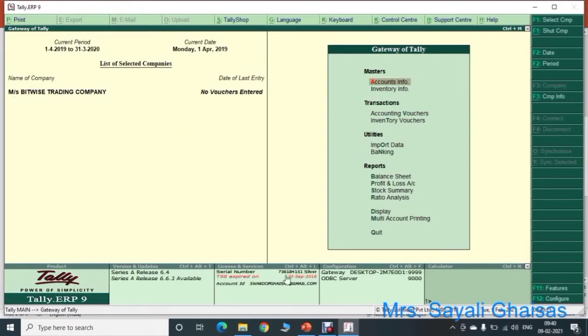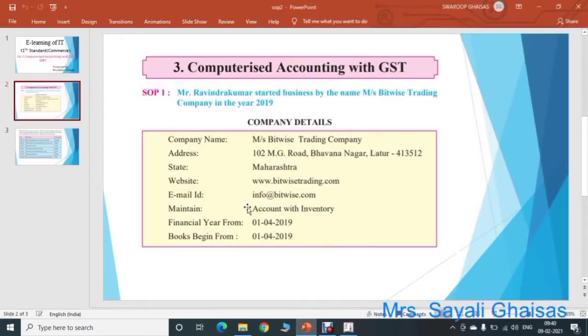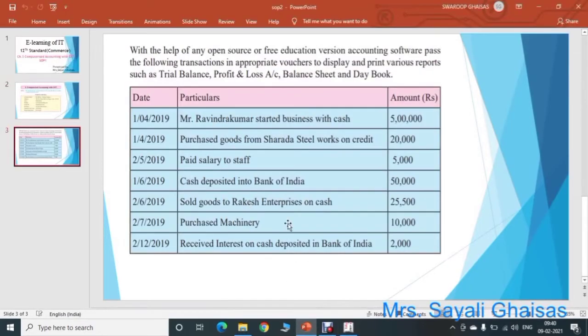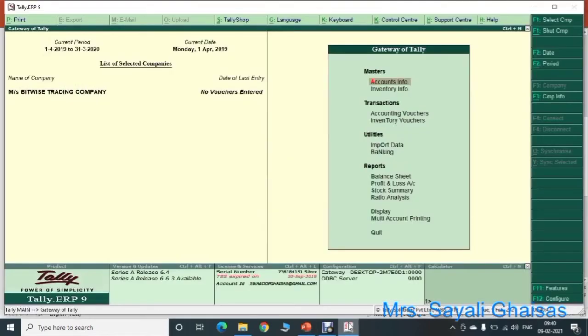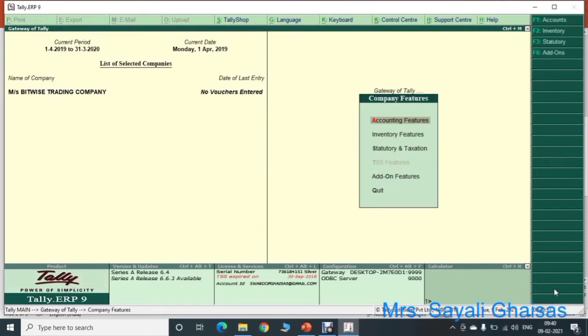Now we have been given these many entries, so for these different entries we first of all have to create different ledgers. Also here you can check one more detail about the company, that is how to maintain it, account with inventory. To add this detail into the company, we have to go to the features by clicking F11.